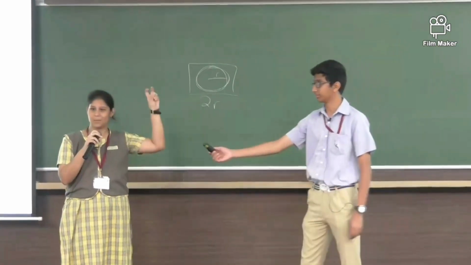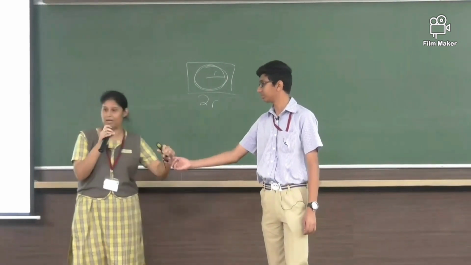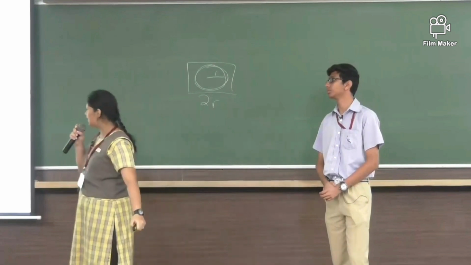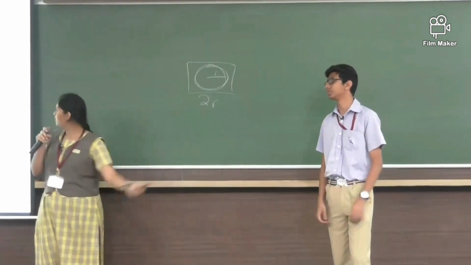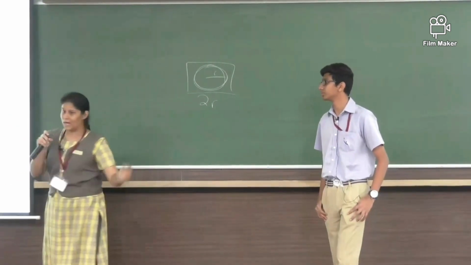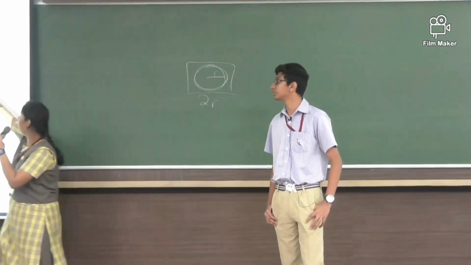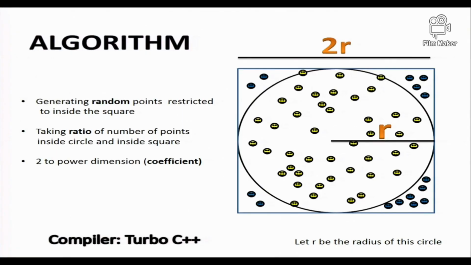The intelligent part of the code is the algorithm, right? So I'm going to tell you the algorithm we've used. Firstly, we generate random points, as my friend told. These smileys here are the random darts you throw. One thing you need to note is that the points which lie on the circumference of the circle, we've taken to be inside the circle.